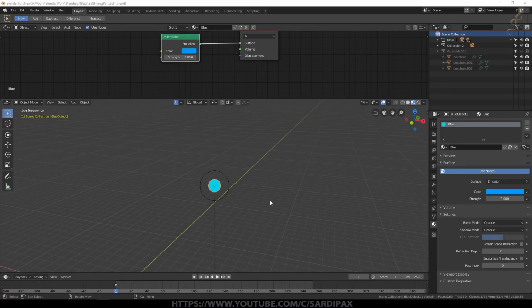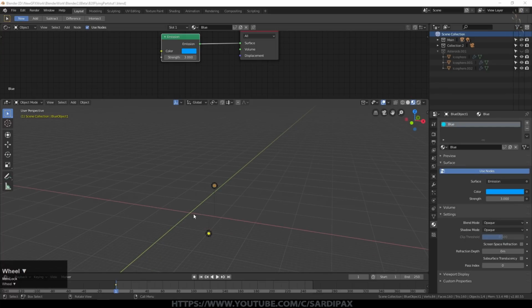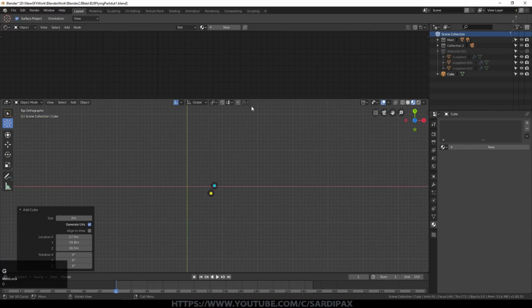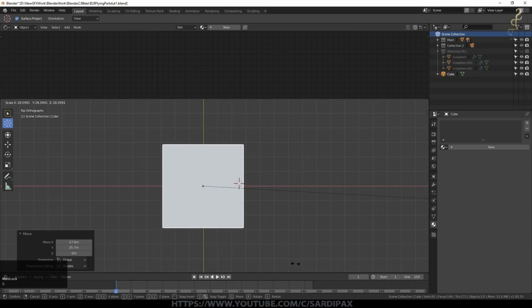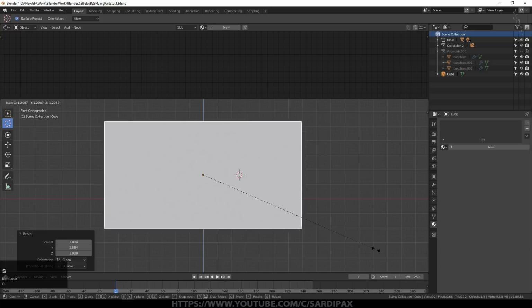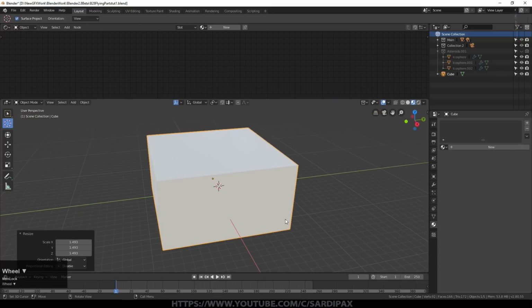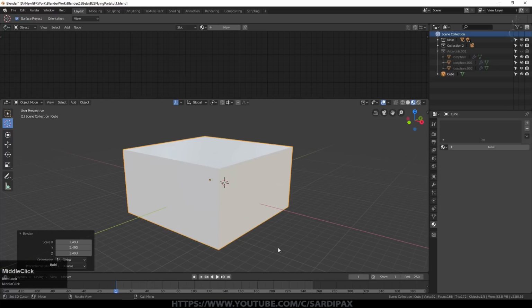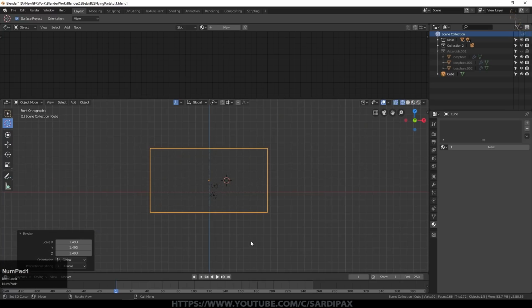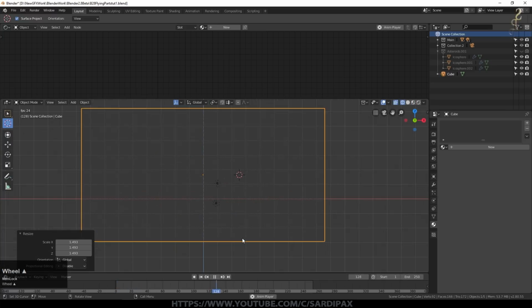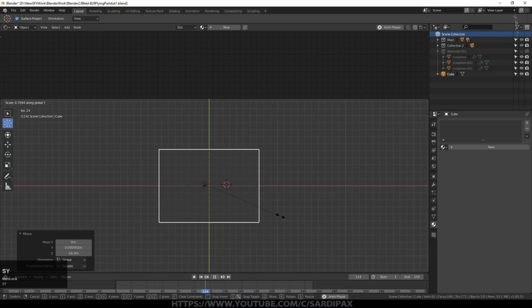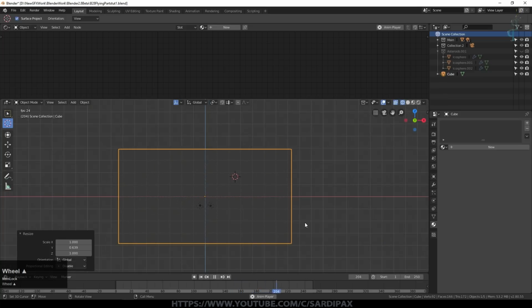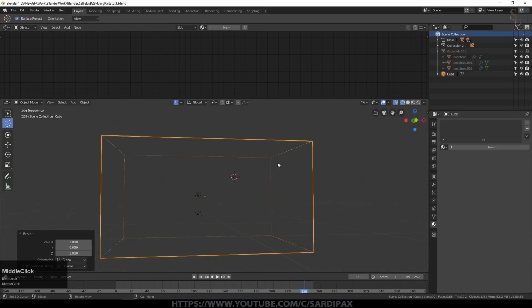So the next thing that we need to do is add our volumetrics. So that's pretty straightforward. Just put my 3D cursor there and then add a cube. Make sure the cube's somewhere useful. Scale it up to enclose pretty much everything. Obviously, exactly how big you need it depends on your scene. Let's press play while we're in wireframe mode and see if that encloses the movement of our objects. It seems to be doing that, so we can probably even make it a little smaller. Best not to have it any bigger than you need it to be. In my scene I had my camera spinning around as well, so I had to allow for that.